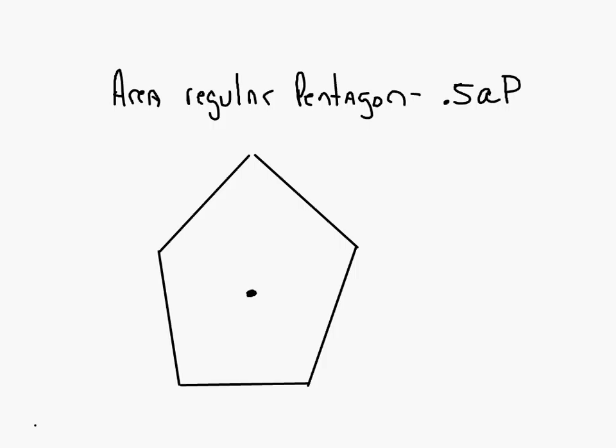Very good. From the middle of the shape to a side at 90 degrees. That is your apothem. Okay? All right, so your assignment for today